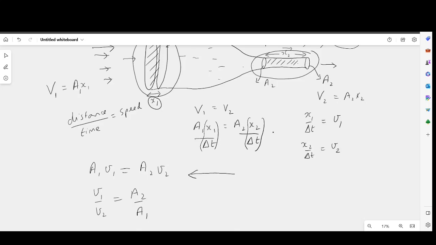From the proportionality concept in mathematics, do you see the subscript 1 is in the numerator and on the RHS it is in the denominator? Subscript 2 is in the denominator on the LHS and is in the numerator on the RHS, and hence we can safely write that the velocity is inversely proportional to the area of cross section, and that is exactly what we find